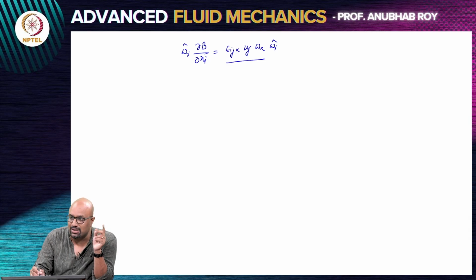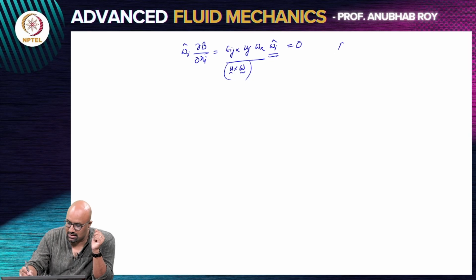At every point, that is a unit vector denoting the direction of vorticity. So, this quantity is u cross omega. So, this object is always perpendicular to the direction of vorticity. So, when you dot it with the vorticity, you are going to get once again 0,